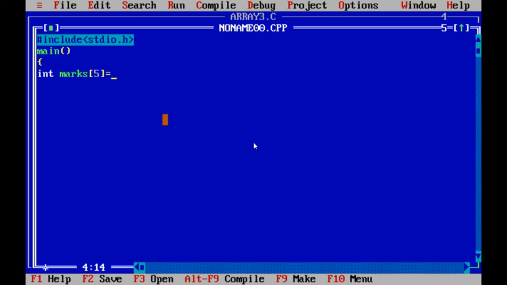In this statement we are declaring the array and initializing the array values in a single line: 45, 55, 50, 75, 60, semicolon. Int i semicolon, for i is equal to 0 semicolon, i less than 5 semicolon, i plus plus.